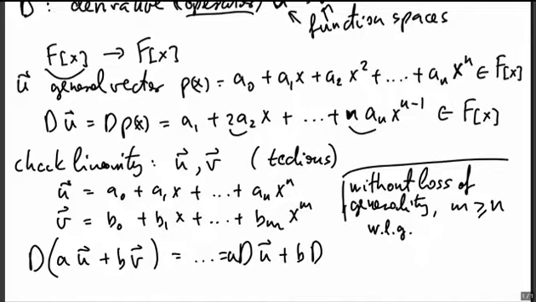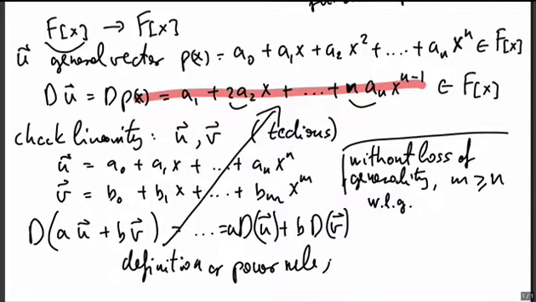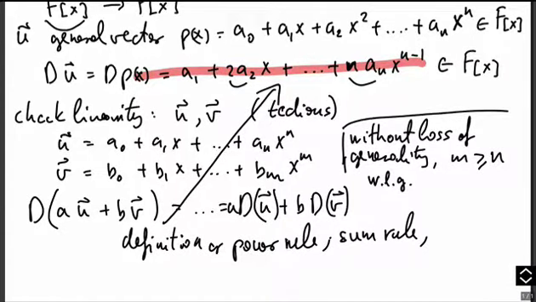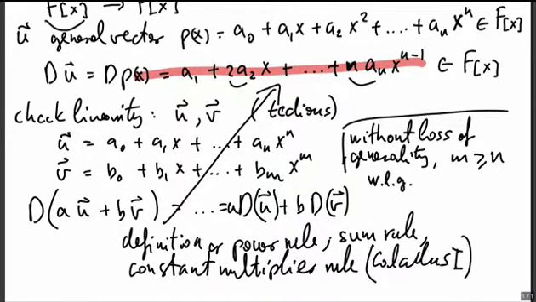So I don't really want to write down this proof, especially because it is a question of definition: for the derivative of a polynomial, is this the definition, or does it come out of the power rule? And we also had the sum rule and the constant multiplier rule in calculus 1. So I don't want to say that this should be the definition of the derivative